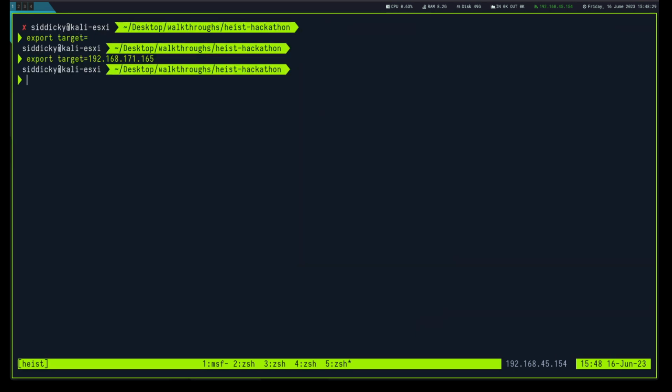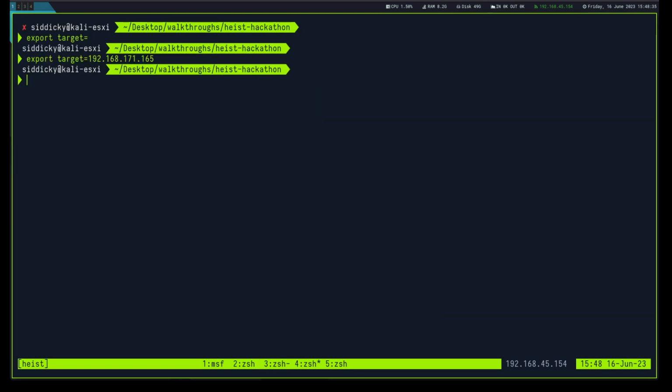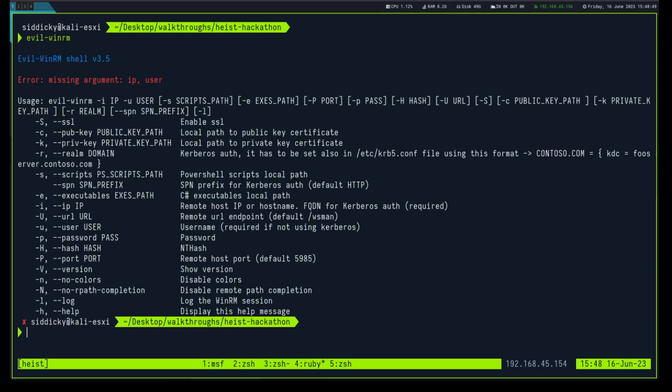Now, Evil WinRM, I really like it as a tool. However, it is extremely unstable. So let me show you guys what I mean by that. I'm just going to make sure my environment is the right one. Yeah, so it is there. So you can launch Evil WinRM. It's basically a gem, which is how you install it, and then it gives you several options. One thing that I really enjoy about it is that you can specify your scripts path. Basically, that means that those scripts will be available to you directly while you're in